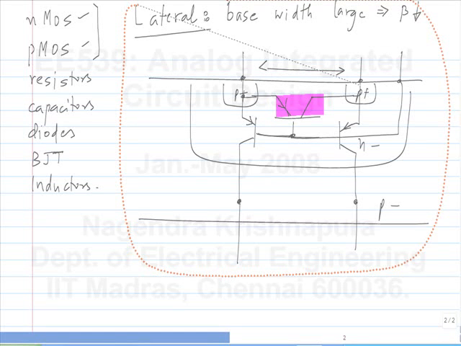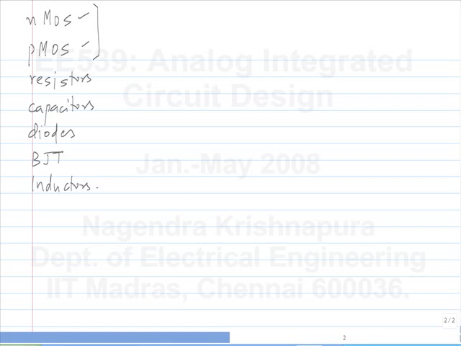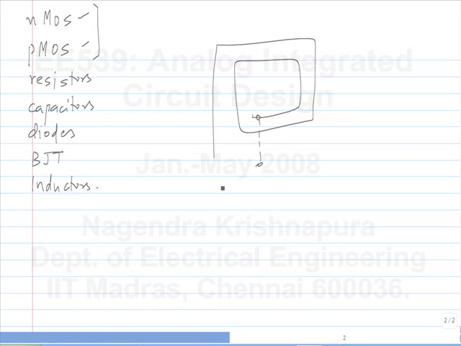How do you make inductors? The inductor is the easiest. Whenever you have a wire, you can make an inductor by just coiling it up like this. So this is on a layer of metal, you make a coil, and it has to be a planar coil because we have a planar process. So you make as many turns as you want, and then you can get a certain inductance.